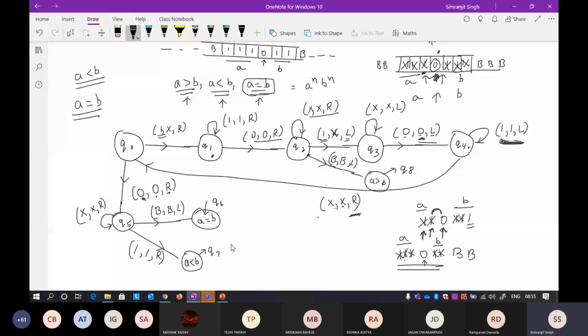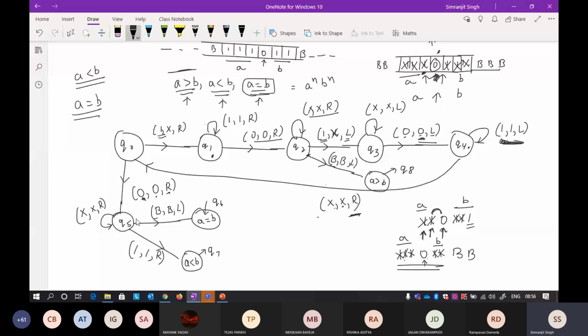Okay, so again the Q6 state is similar to the case when the number of A's equals the number of B's, so that is the same automata. The only thing that is changed, that I have to tell, is that the number of A's is greater than the number of B's and the number of A's is less than the number of B's. Okay, so when you are designing these things, you have to take an example. Okay, so you will eventually face a scenario where the number of A's is greater than the number of B's. Then you will be standing at a particular state.